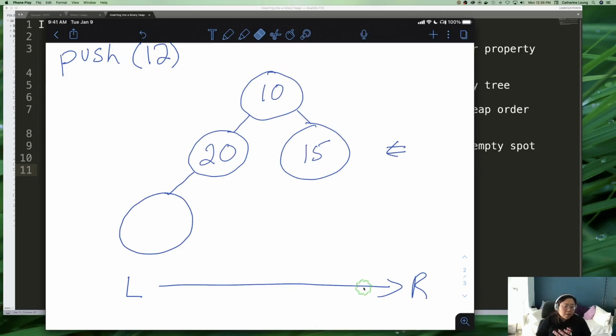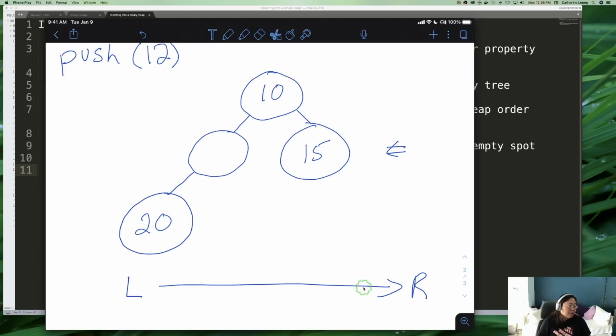In other words, is 12's priority lower than 20's? Okay? So I'm not looking anywhere else. I'm just looking at the parent. Is this priority here higher or lower than 12? Now, 20 has a lower priority than 12. So if I put 12 in, it would be wrong because the parent has to have higher priority, right? So what we do is we move the 20 down one level,